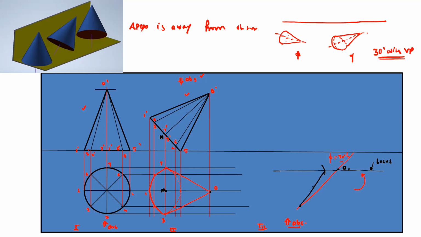So this line will give the apparent inclination which is visible in the actual top view. Okay. Now by taking this line as a reference, you can extend this line on both the sides. So this inclination with the XY line, this is the beta inclination, that is called the apparent inclination, which is visible in the top view. Just extend that line and draw this second stage top view as it is on this line. Okay. And then complete the final stage front view. So I hope this is clear how to draw the third stage top view and third stage front view.